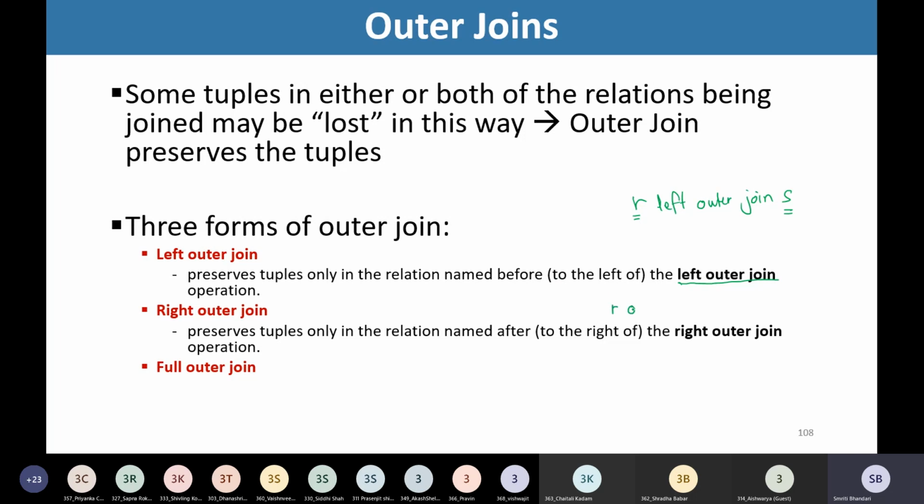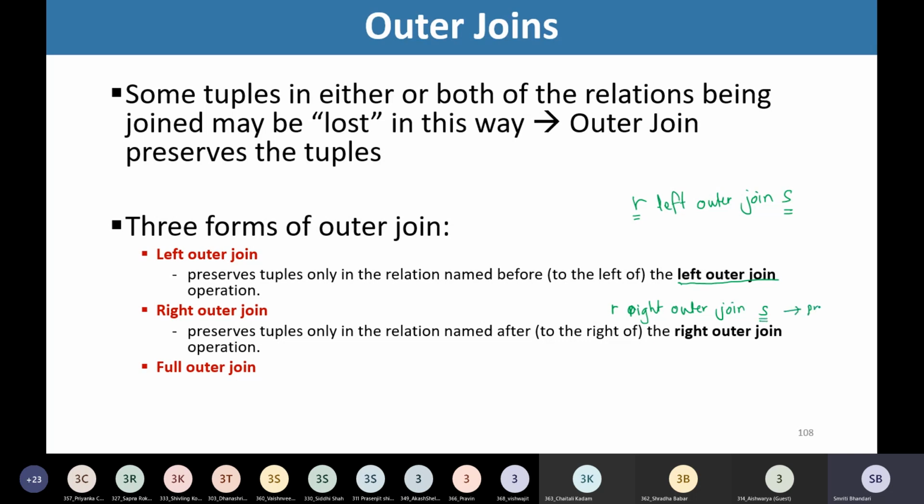What happens in right outer join? If I write the statement like R right outer join S, then what will happen?